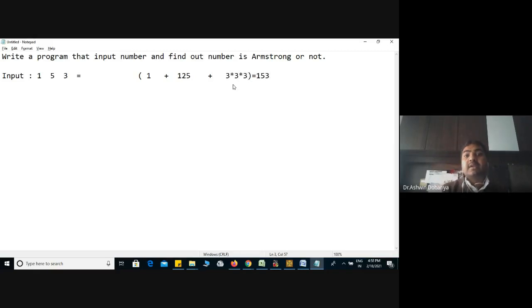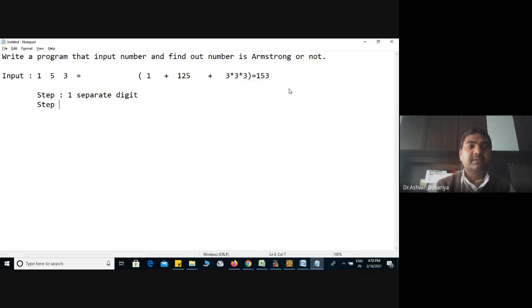And once we multiply three times, then we have to do a sum. So here we have to perform four steps. Step number 1: separate the digit.